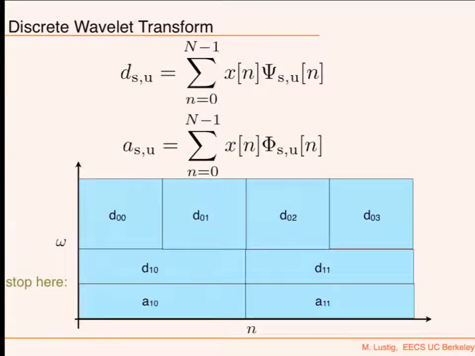But if something changed from this time point to this time point, I will be able to have that time resolution. As I go, this part represents 0 to pi over 2. So the detail coefficient is pi over 4 to pi over 2, and the approximation coefficient in this case is 0 to pi over 4. And there's a reason why they call them approximation coefficients. You'll see why it means approximation.